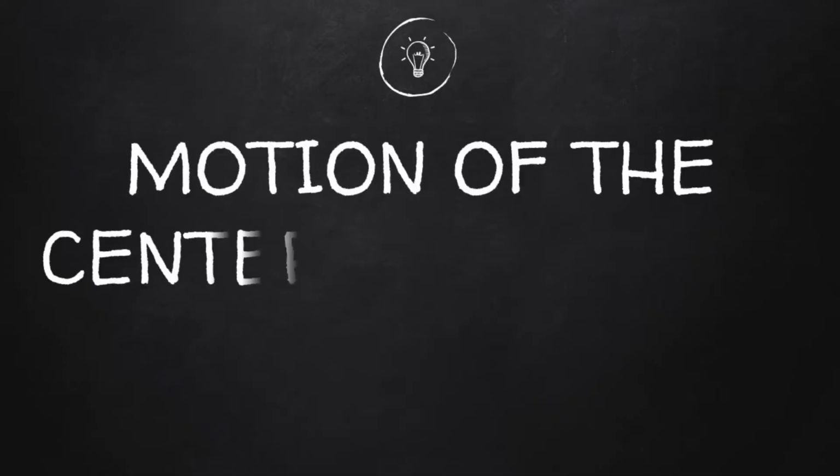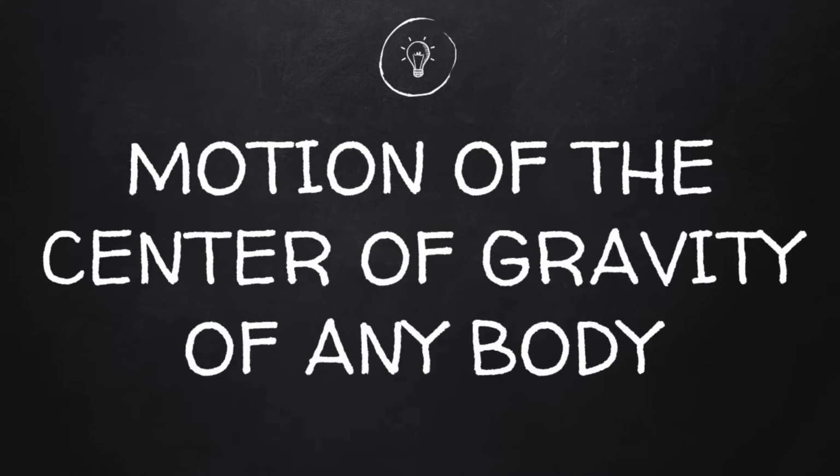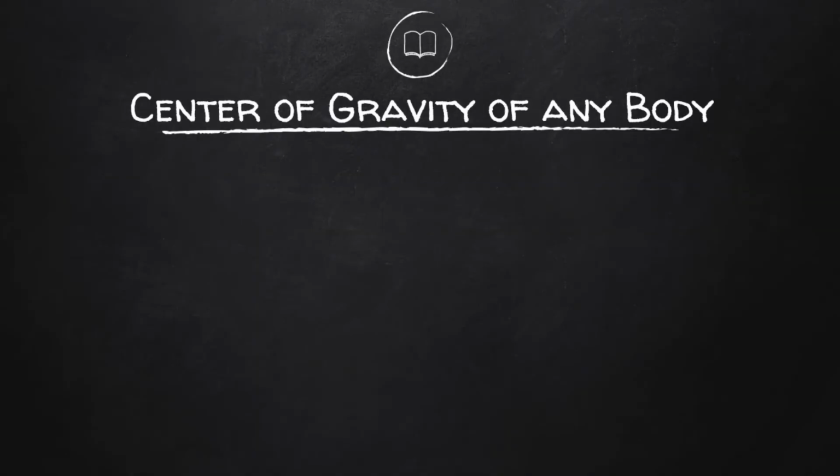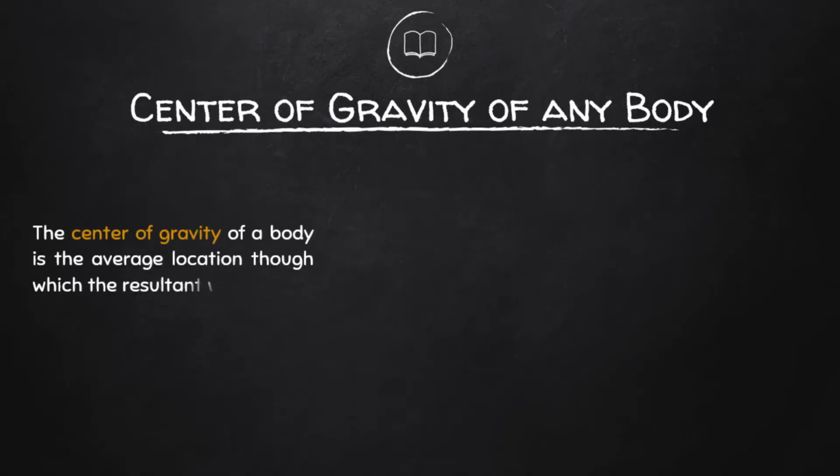In this video, we will learn the motion of the center of gravity of any body. But before we proceed, let us first define the center of gravity. The center of gravity of a body is the average location through which the resultant weight of all particles of the body is acting. We know that a body is composed of many particles, and each of these particles has their own weight. The center of gravity is the point where the resultant of these weights will act on the